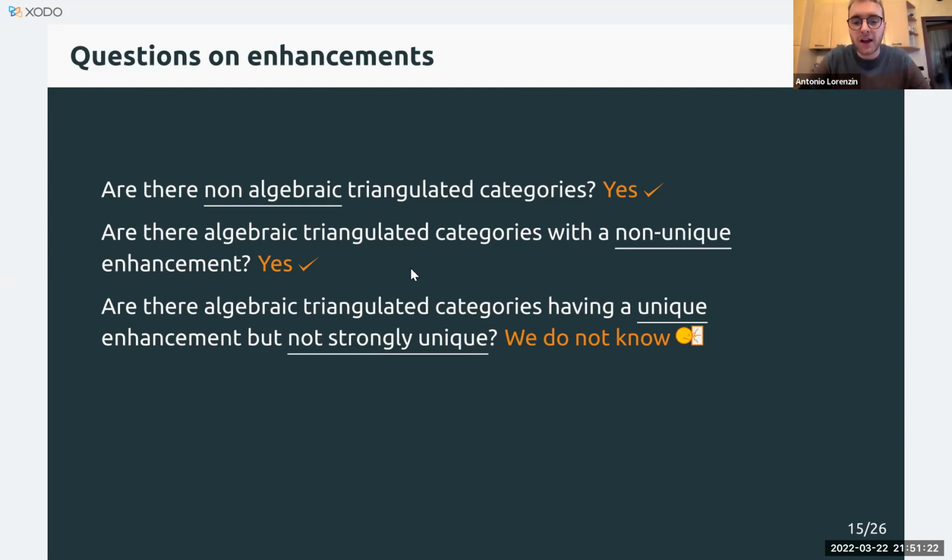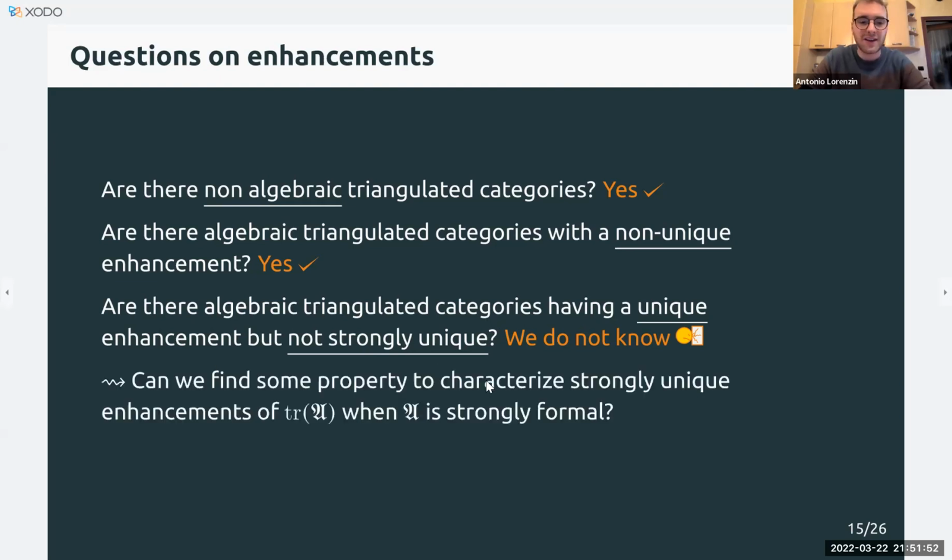So we would like to see if it is possible to find such an example. I actually haven't found an example. I haven't even proved that this never works. But I am motivated by this question, and I wanted to understand how we can work from unique enhancement to get strongly unique enhancement. So the idea was, can we